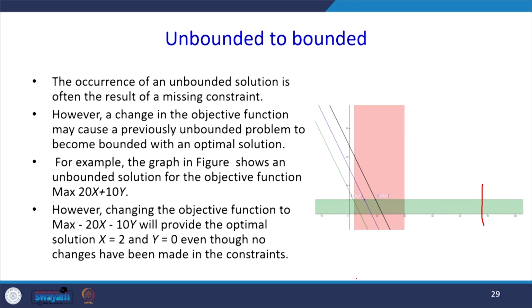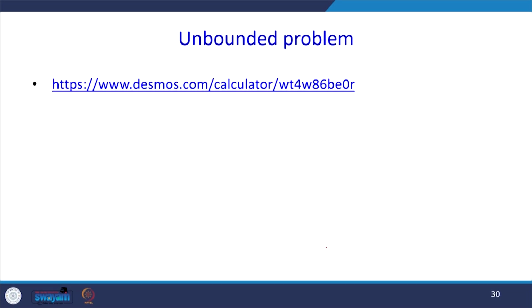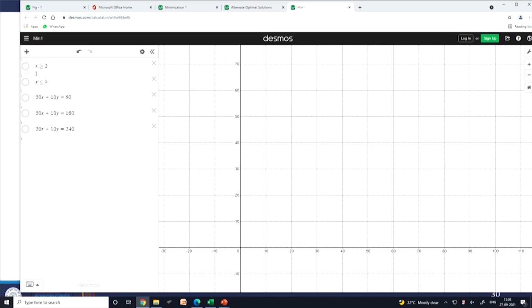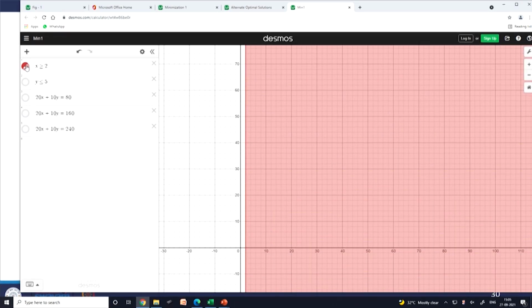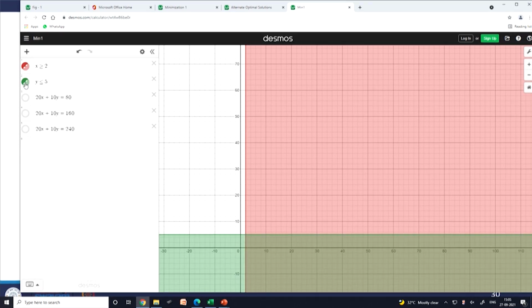So what will happen when you multiply it by minus, your maximization problem will become a minimization problem. Now this x equal to 2 will be your solution, even though no changes have been made in the constraints. This we can see graphically. First I have drawn my first constraint, x is greater than or equal to 2. Second constraint, y is less than or equal to 2. Because I did not restrict the values of x and y to be positive, it is going on, but this rectangular region is our feasible region, there is no boundary.